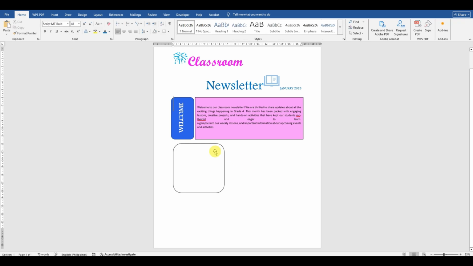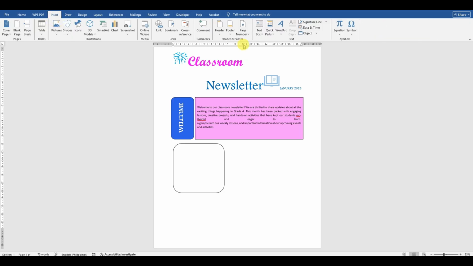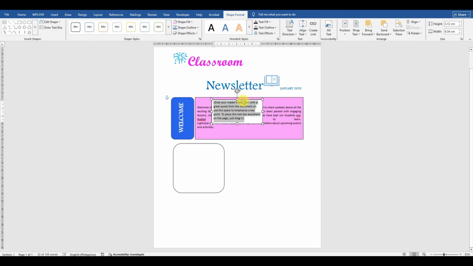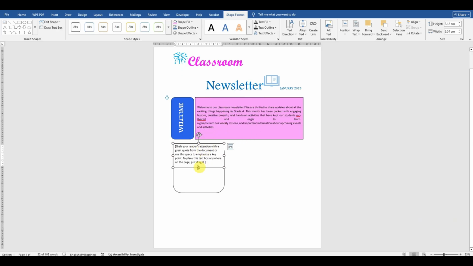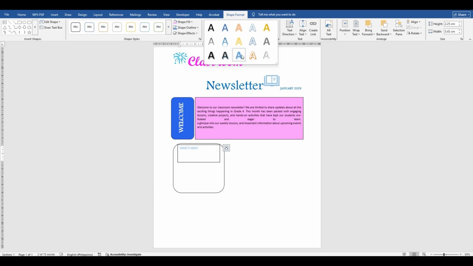And then here, if you are going to put a title here, instead of just typing it, what I'm going to do is use a text box, this one, because a text box we can move around. So let's use this. And let's ensure that it is inside the box. And then you can just simply delete it and write, for example, what's new. And then you can design that as well. So you can either use this part